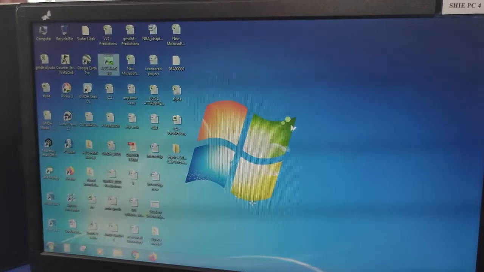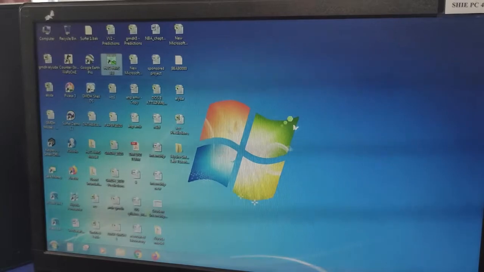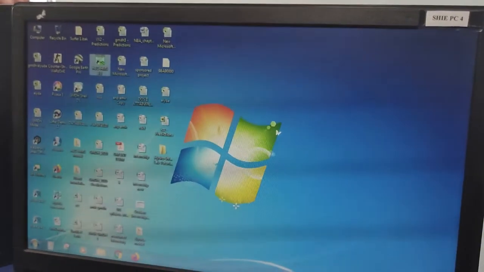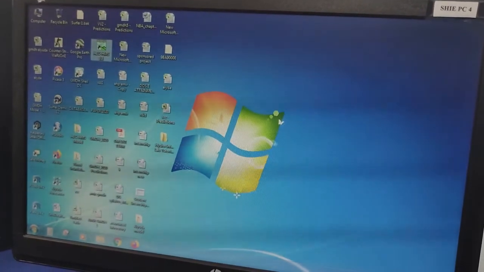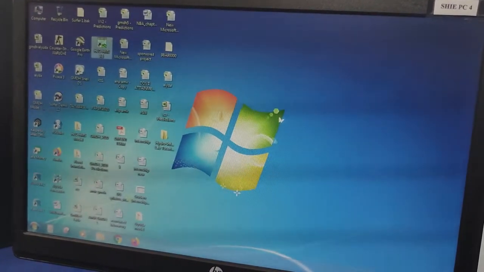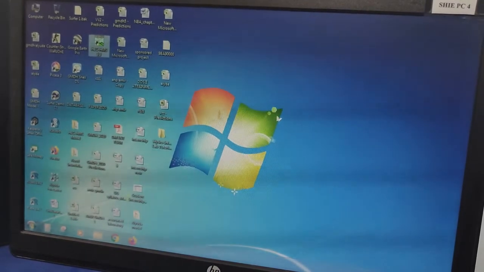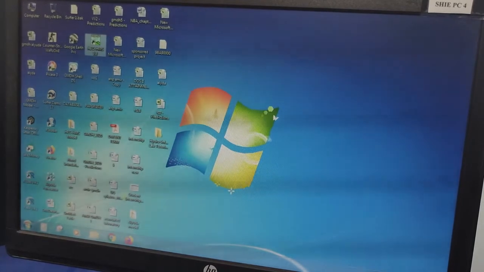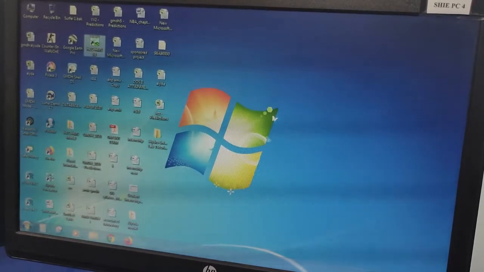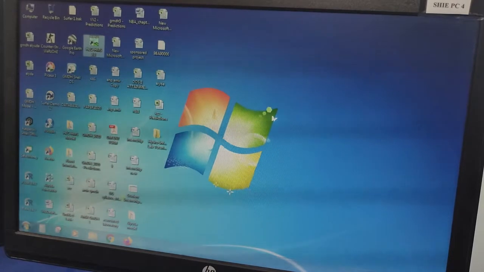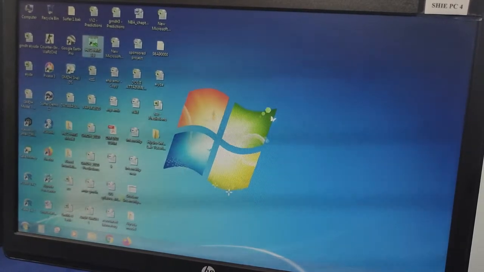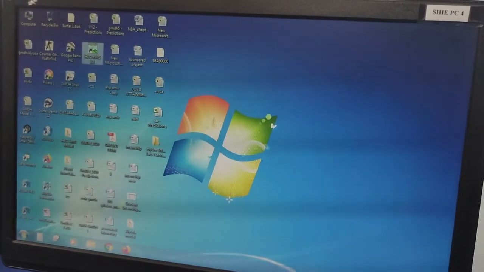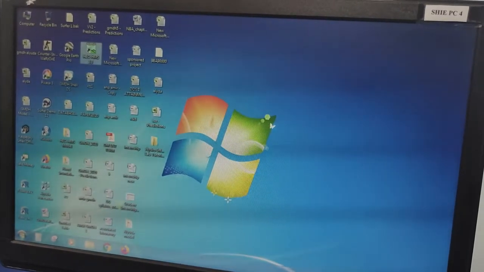So what is the purpose of using this HEC HMS software? We are using this software to mimic or imitate the precipitation runoff process of a particular catchment. We are going to create a hydrological model based on the rainfall and runoff data in a particular river basin. Now what is a river basin? A river basin is a part of the land in which the river or its tributaries flow.